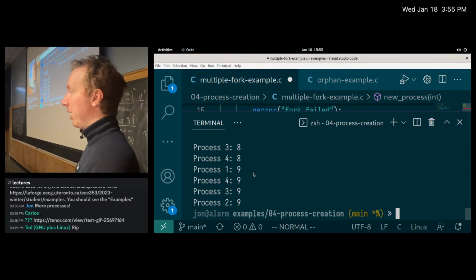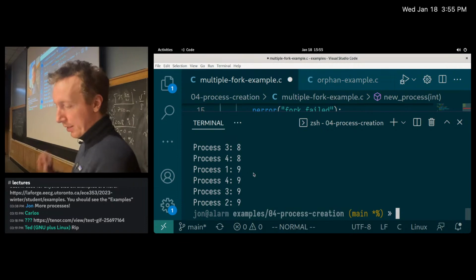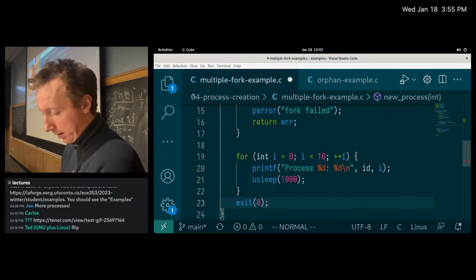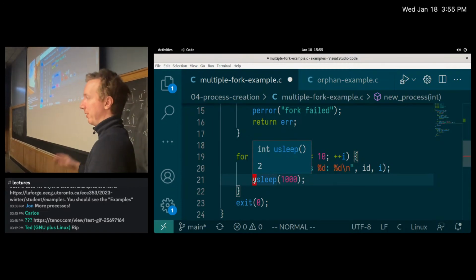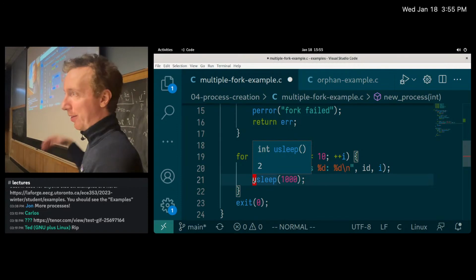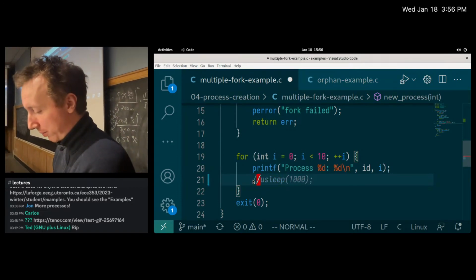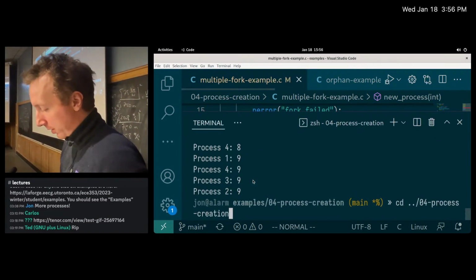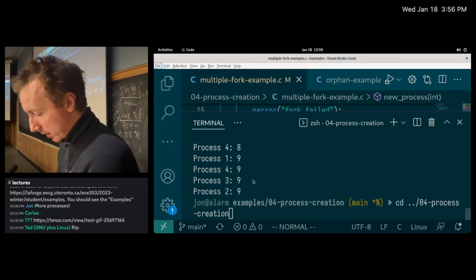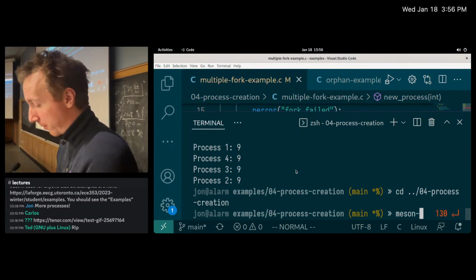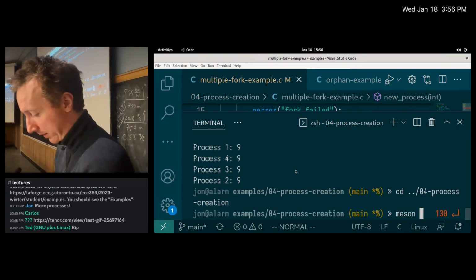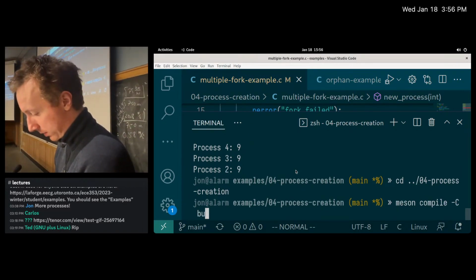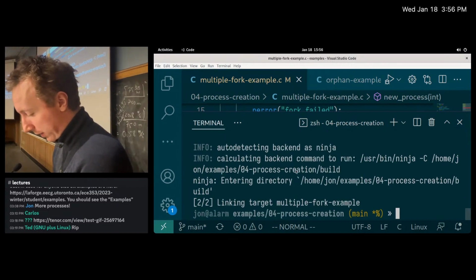Yeah, so the question is, why are they all ending at about the same time? And the answer to that is because I have this sleep, because I'm essentially making them fall asleep for a second each and then letting them all battle it out. So I can go ahead and just remove sleep. Likely that runs so fast that I might just see one process print everything it has. So if I go ahead and do that,